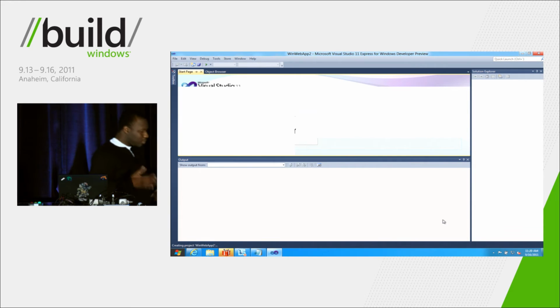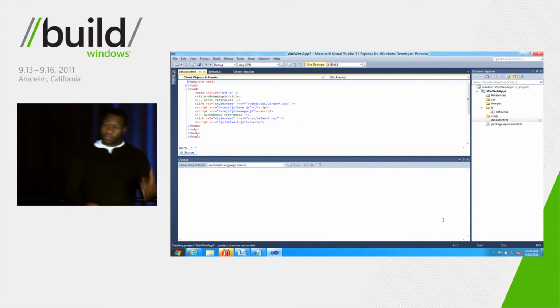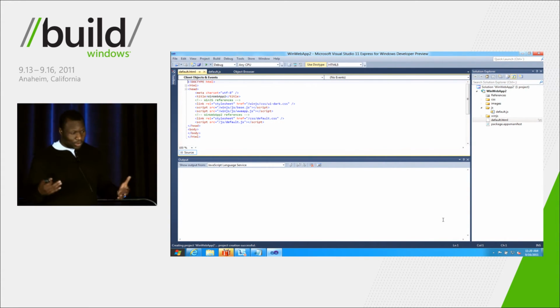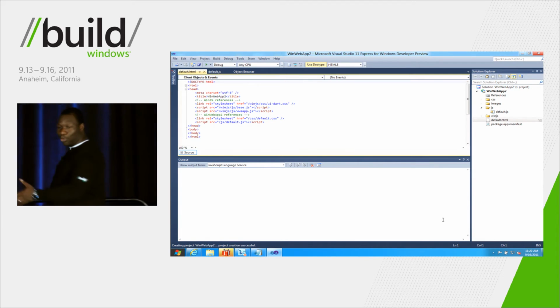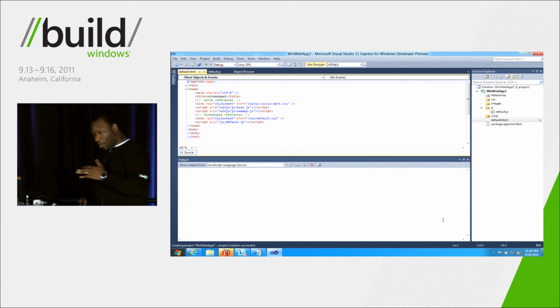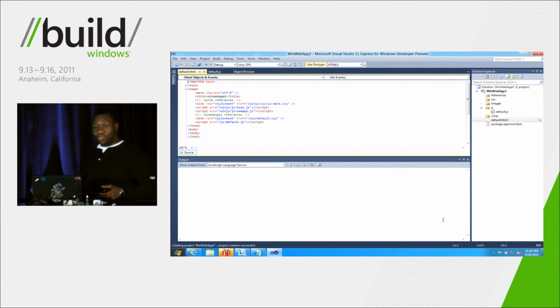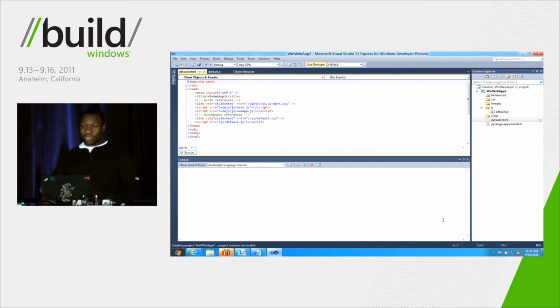I should probably set some context. So you have to kind of use your imagination here. I've previously gone to dev.live.com, clicked the Downloads tab, clicked on the Live SDK, downloaded it, and installed it. So I'm not going to go through that process here just to save time, but I've previously done that. So assuming that you've now launched Visual Studio and you've installed the Live SDK, here's what the development experience is like.